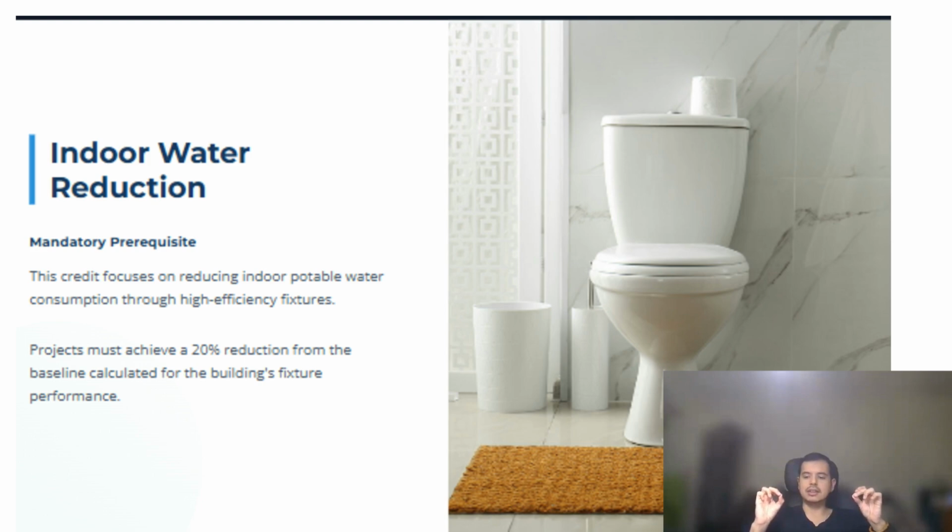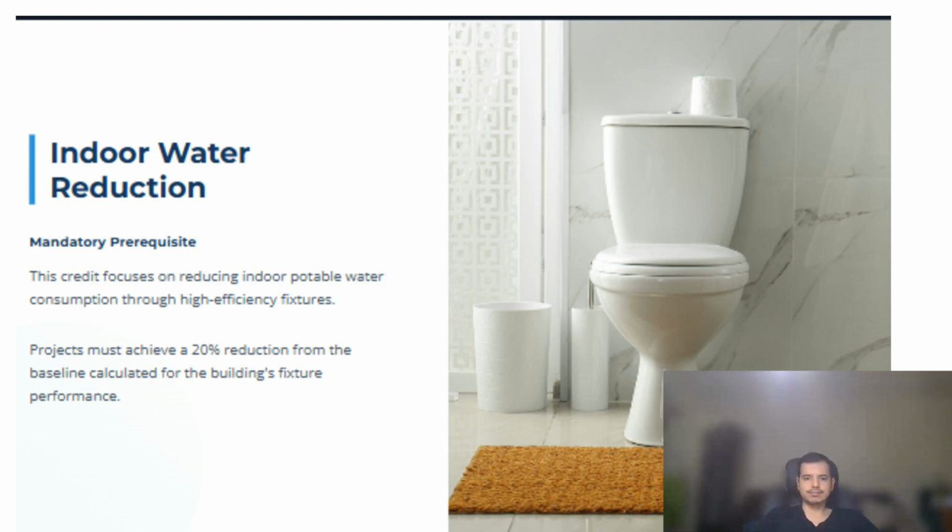Let's say the urinal, and the table says the baseline is, I'm going to put an example, 1 GPF. GPF is gallons per flush, if I recall correctly. So 1 gallon per flush. Whatever you design has to be 0.8 gallon per flush, and that's it. That's how you make sure that everything is set up correctly regarding the indoor